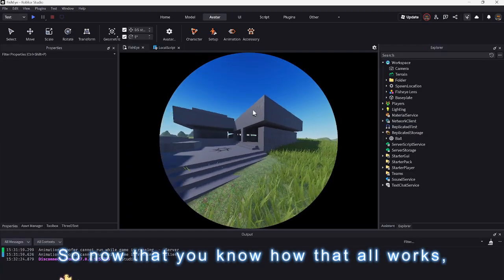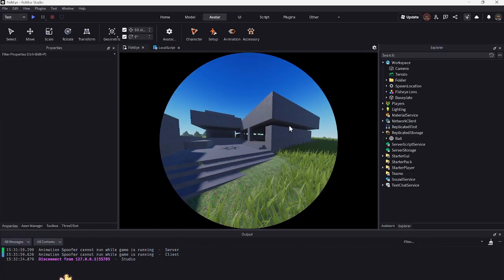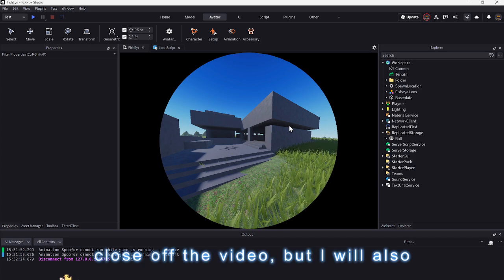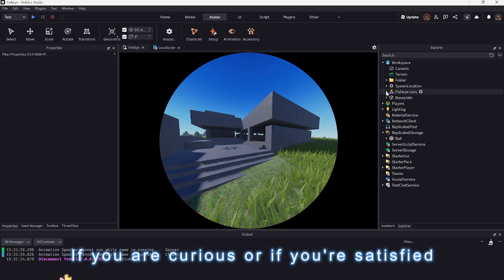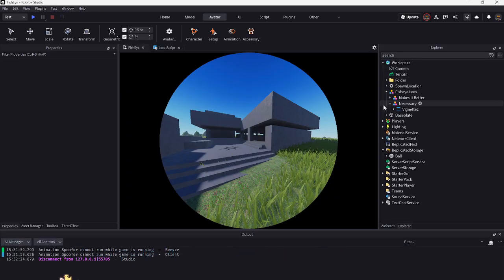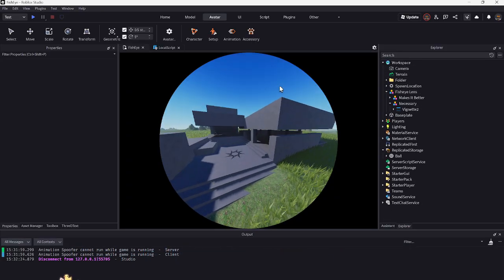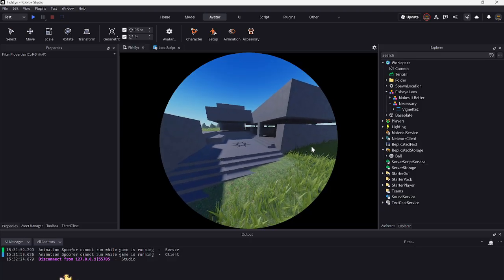So now that you know how that all works, if you really want, you can just close off the video, but I will also be showing some other things that you can do with this system. If you are curious, or if you're satisfied with this, you can close it. For those who are staying around,